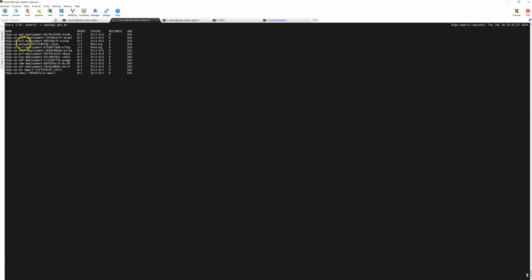So you can see the MongoDB also needs to be up and running before the PCF, the web UI, and the UDR can come up. So you can see the web UI is coming up here, and then shortly you should see the SCP also needs to be up before the remaining components will, because I'm also making use of the SCP for the SBI